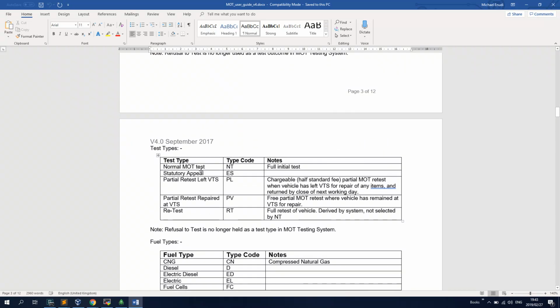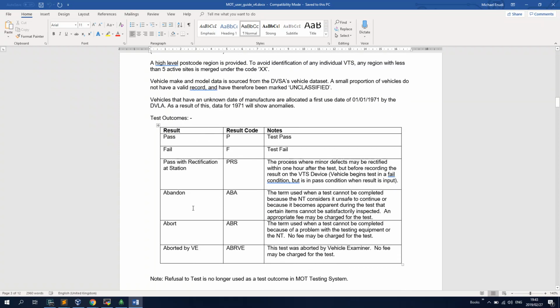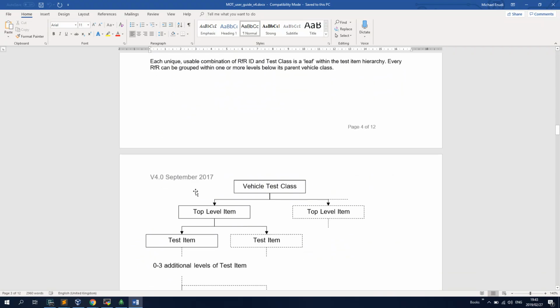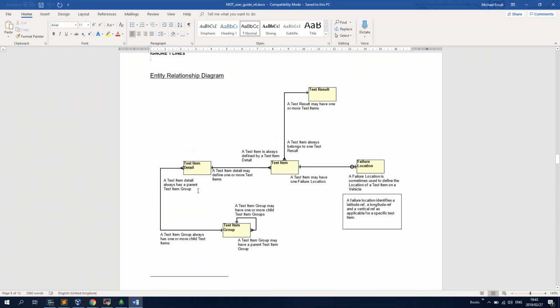You can do a normal MOT test, a statutory appeal, or a partial retest, and you can see that. When you do testing, either you pass, or you fail, or you pass with rectification, abandon, or abort, and you can see the purpose. Now, let's just say you pass or fail. If you pass, you get a test result that shows you pass, and that's all. However, if the test result for the vehicle fails,